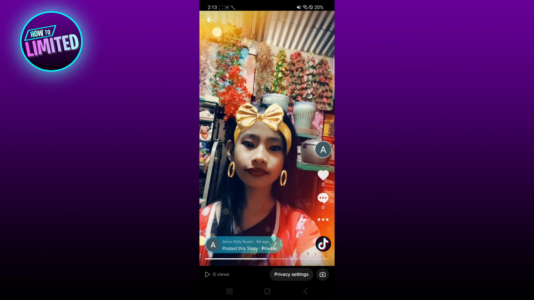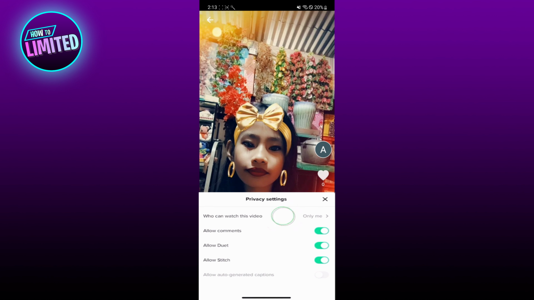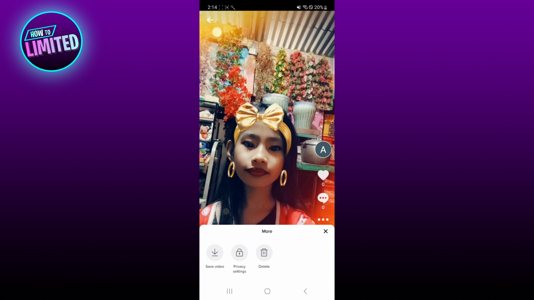If you want to make it unprivate, tap those three dots at the bottom right corner. And then it says, who can watch this video? I can always tap on that and adjust it to friends or everyone. If I want everyone to be able to see this private video, and then you can adjust who can comment, who can do it, and who can stitch on this specific video itself. So you can always adjust those and change the privacy settings to either make it private or unprivate if you